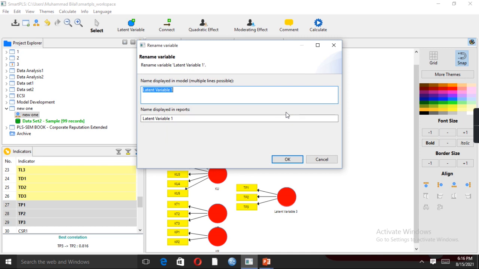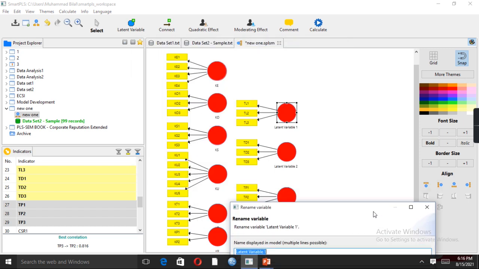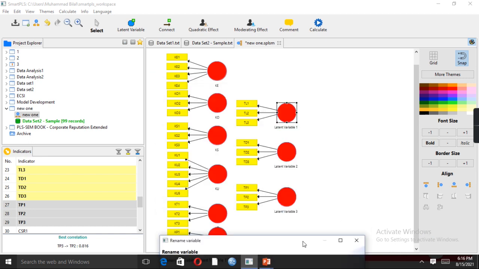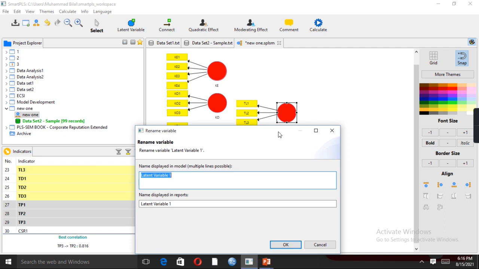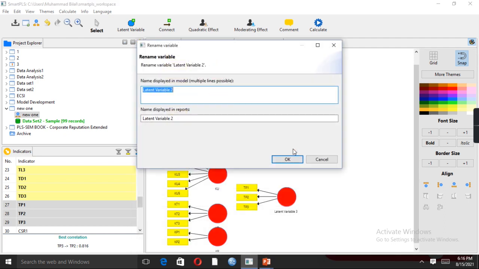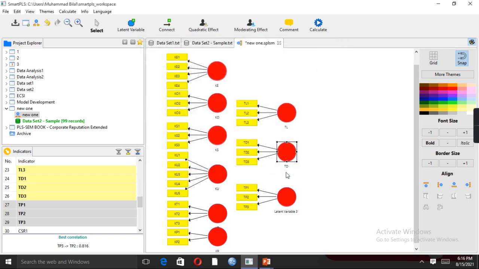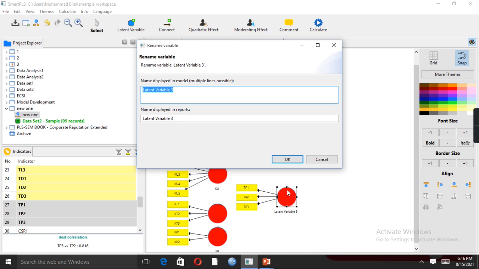Just rename them by pressing F2. So the first variable is team learning, team development, and team performance.